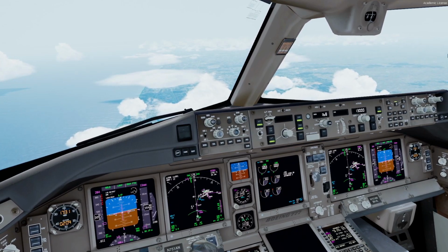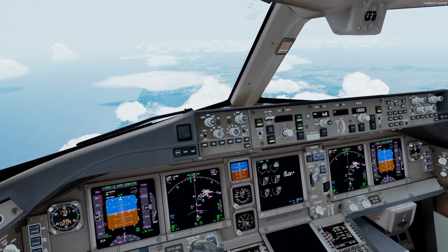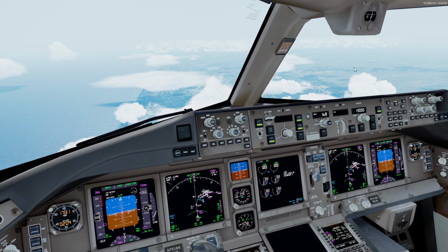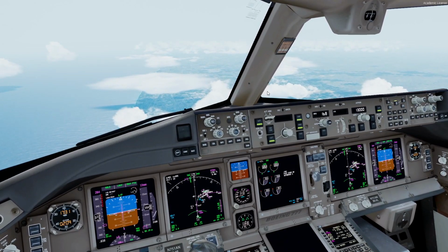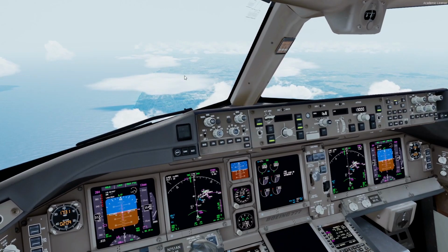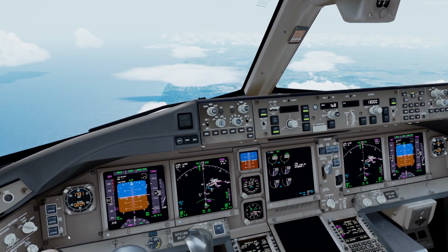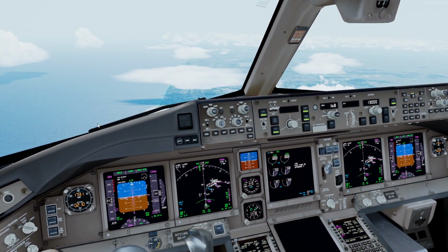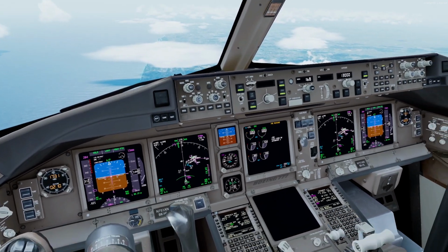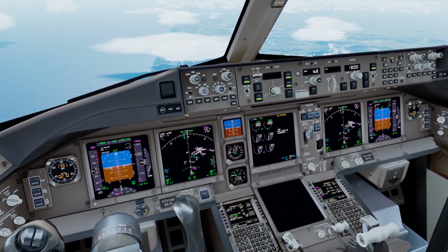So, welcome back to the flight deck, guys. That was quite a bumpy ride down here to Florida. A bit of a jet stream going on there above the US, which we had to cross from north to south, of course. But yeah, now the flight time is 2 hours and 9 minutes, and we are descending into Miami just as planned. Yeah, we are back a bit early. Flight time is still quite a bit remaining, but nevertheless, I wanted to get back early to you and